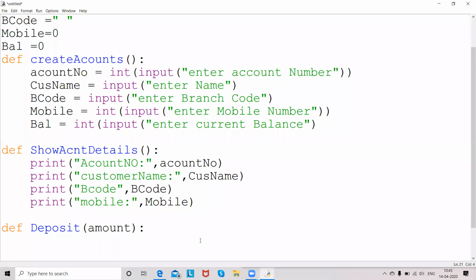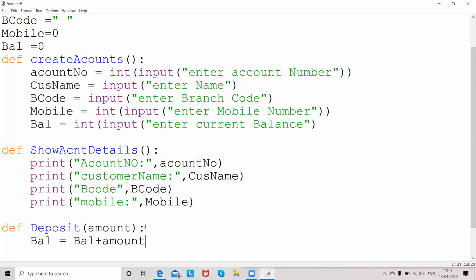Then deposit function. Now in deposit function, I need to return the current balance. So current balance can be calculated based on available balance, so balance is equal to balance plus the new amount whatever I have added.